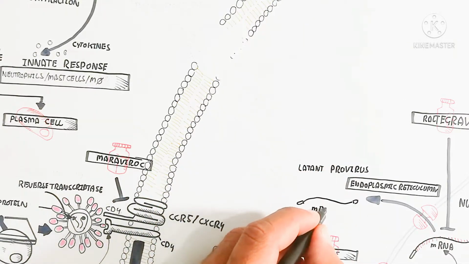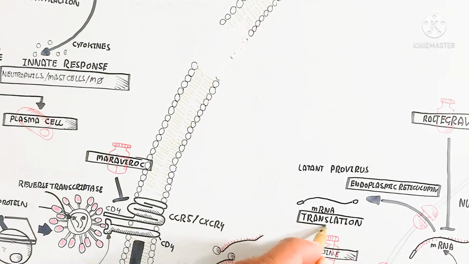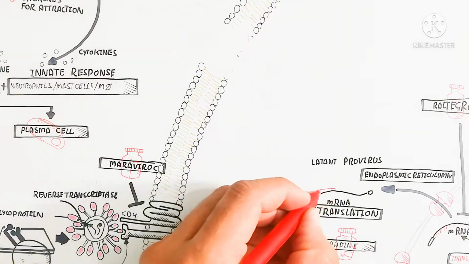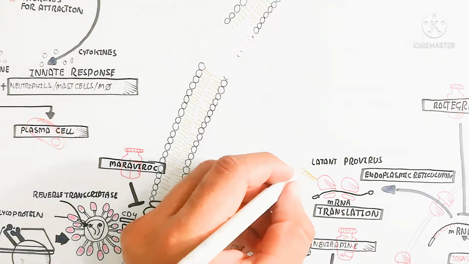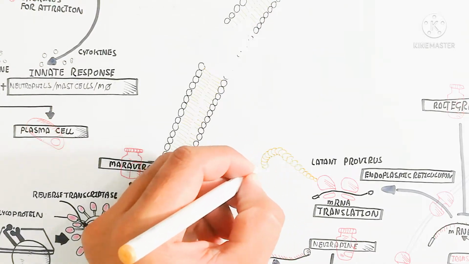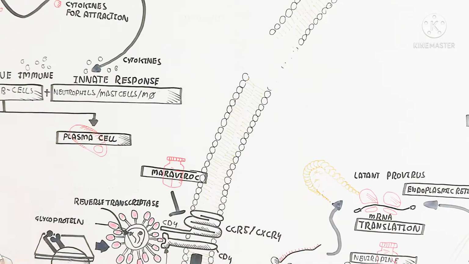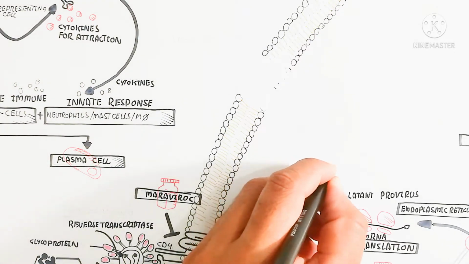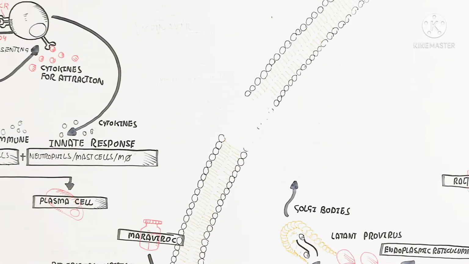So in this way the RNA will be packaged, wrapped through a Golgi body, so the machinery of the host can be used for this function. So that is why the virus is important, and it can use the machinery of the host. So the receptor is important, the CD4 receptor, and without the CD4 receptor the virus cannot go into the cell. So after this, packaging will occur and the Golgi bodies will modify this protein, and that is the